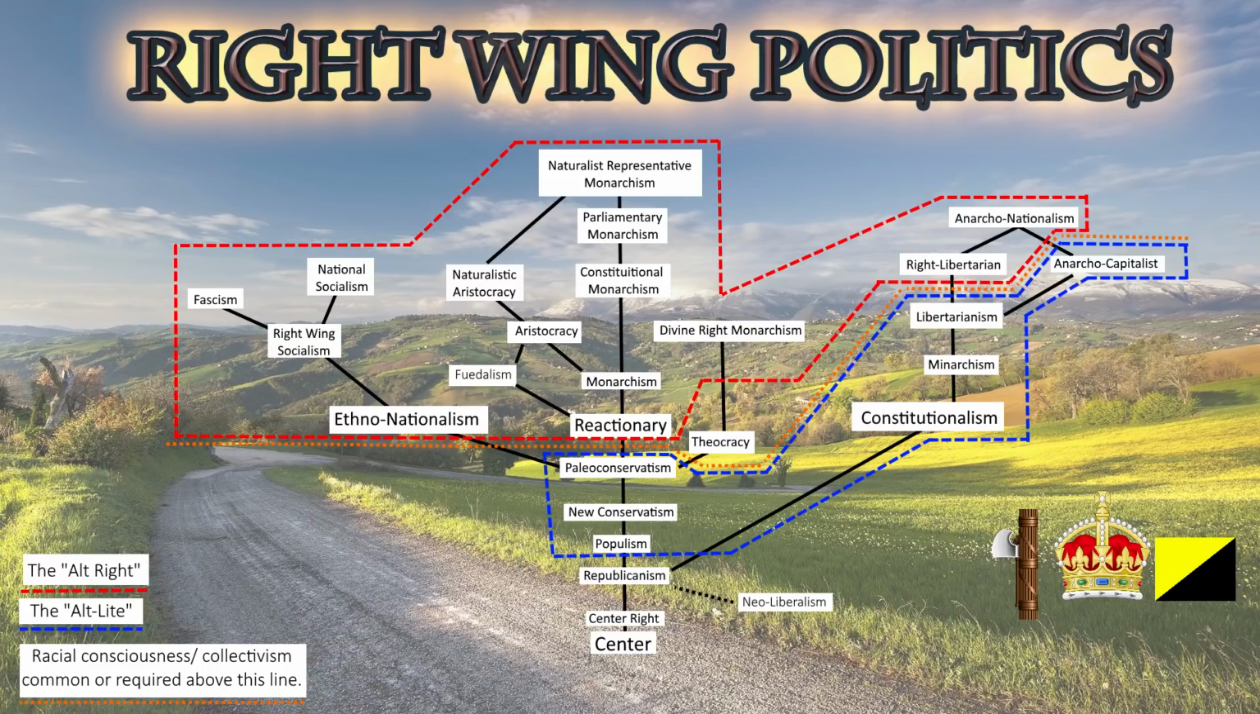So in the final part of this right-wing politics exploration, let's go all the way back down to paleoconservatism, and let's go to the left, and we hit ethno-nationalism. And this is the idea that the primary focus of the state is the ethnic group, the racial group. It's extremely racially conscious. I mean, it's in the name in and of itself. And this branches off